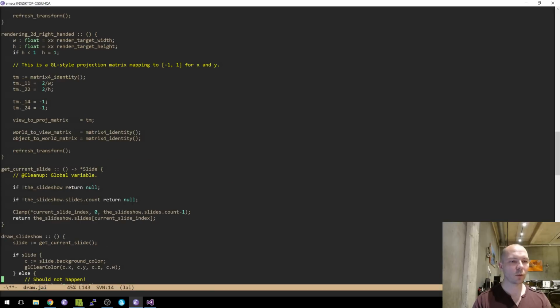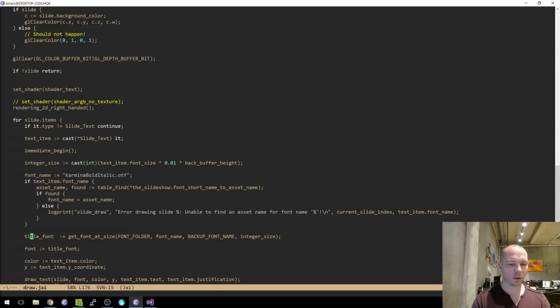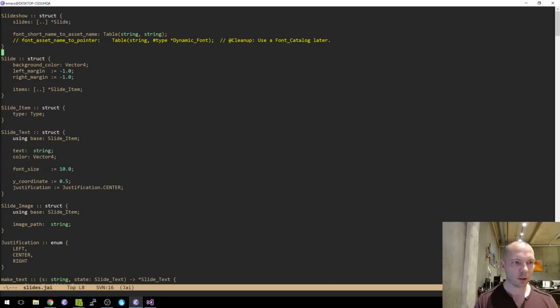So we're in, do we have a slide index? Yeah, we'll just say error drawing slide, whatever, font name, whatever. Current slide index and text item dot font name. All right, and then font name. So now we've got a couple of issues. One is that the font name is dynamically allocated, and so